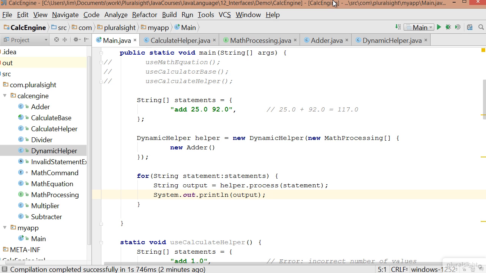Here we are back in our CalcEngine app, and remember we have our dynamic helper class that knows how to parse apart a statement, find a handler that knows how to deal with a keyword, ask the handler to do the operation, and then our dynamic helper can build the output. Now again, we've done all this in terms of the interface,